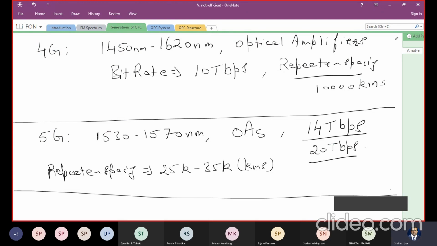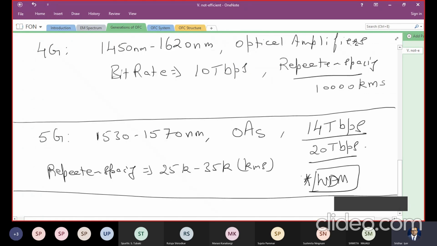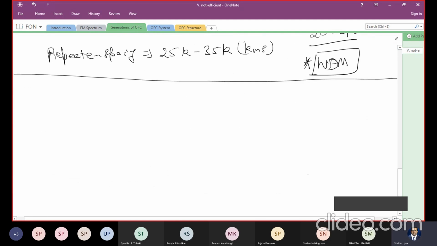This can also become a disadvantage if you do not have means and methods of utilizing this enormous bandwidth properly, right? To utilize this enormous bandwidth, we have good techniques, and the WDM or multiplexing technique really helps us in utilizing this bandwidth in a very efficient manner, right? So your module 4 and 5 is dedicated to WDM, and we'll see how this enormous available bandwidth through the OFC can be used using the WDM system, right?